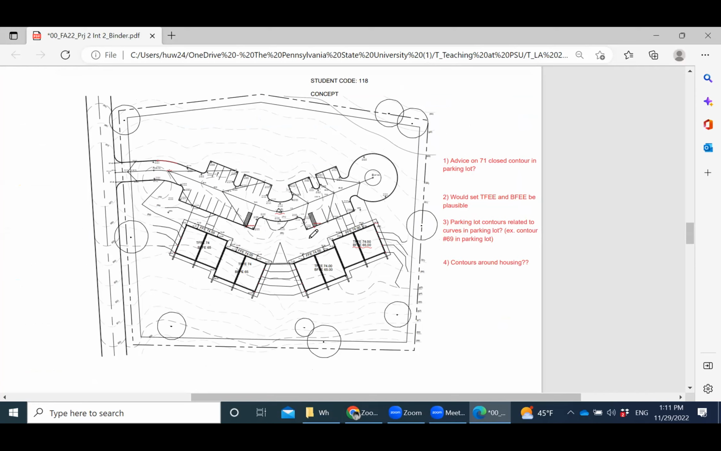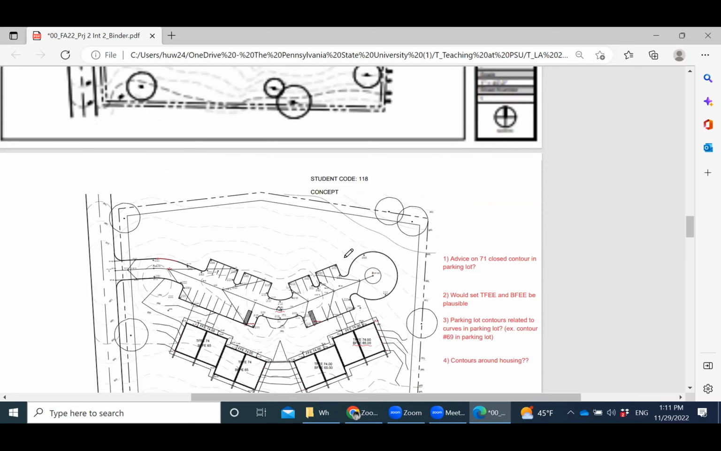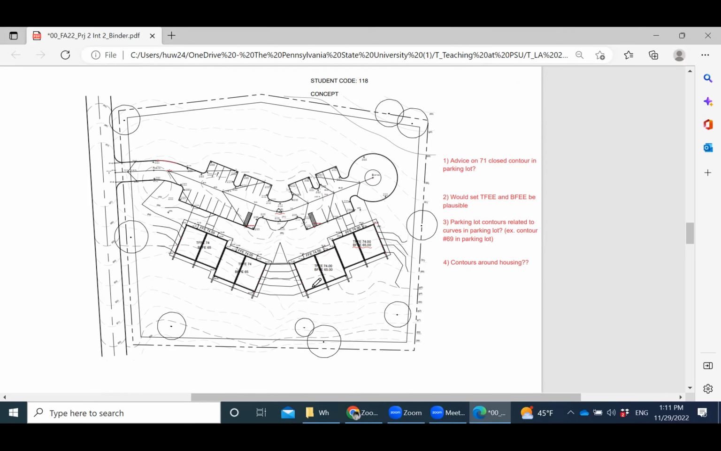Advice on 71 close contour in the parking lot. Will set TFF be possible? Parking lot contours related to curves and contours around housing. So let's take a look at the